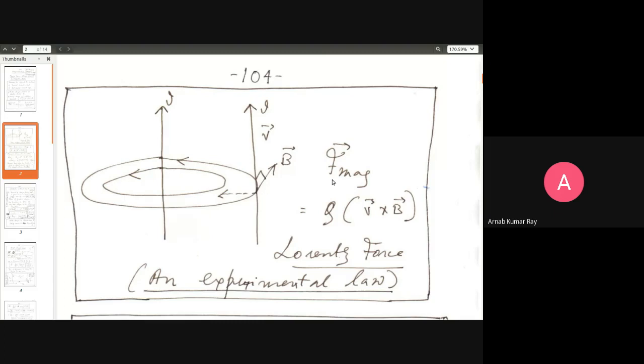Okay. So here's the kind of force that a charged particle in the current test wire will feel. Q, if the charged particle has a single charge, of course, it's a train of charged particles. If it has got a value Q, the force that it will feel will be Q v cross B. This force is known as the Lorentz force. This is an experimental law, just like you have Coulomb's law in electrostatics. This is the Lorentz force law in magnetostatics.